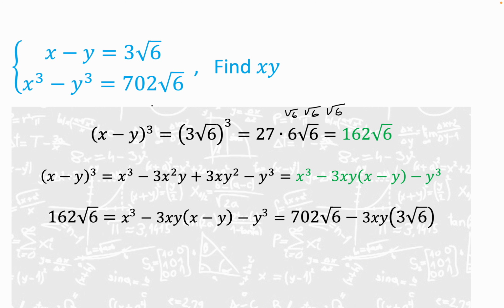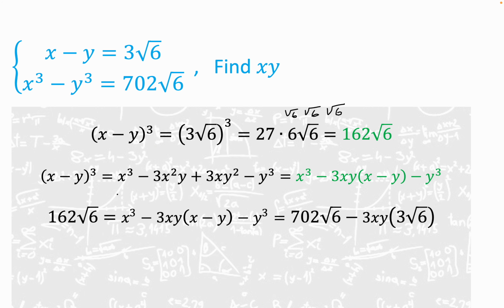Okay, folks, now we are starting with a nonlinear system with irrational constants. So we're going to try to find the product xy without actually determining the value of xy. So you can see this very first statement, everything follows. We get 162 root 6. Now, a standard technique in mathematics is to just do two expressions, get two different things, and then equate, and that's